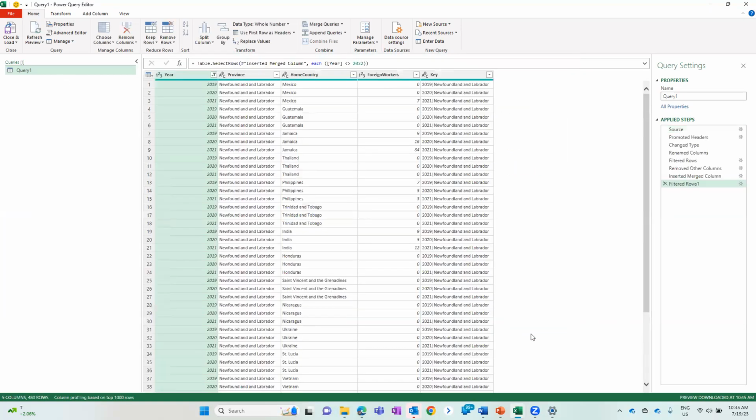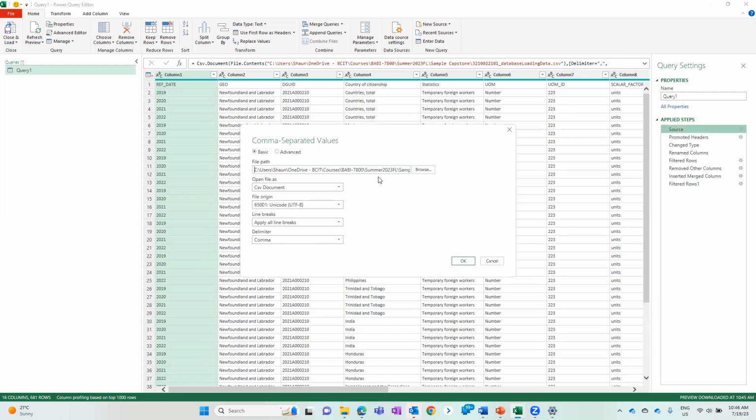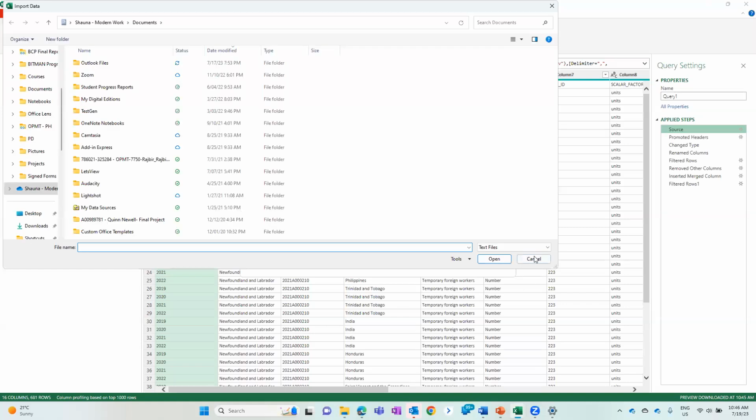Okay, so you can see now that I actually have this query, and I don't have an error message because, of course, the source of this file is on my computer. It's the same path. But if I needed to change the source, because my local path where this data source file is stored is different, I can simply click on the source step and remap to the location where the data is stored on my computer,